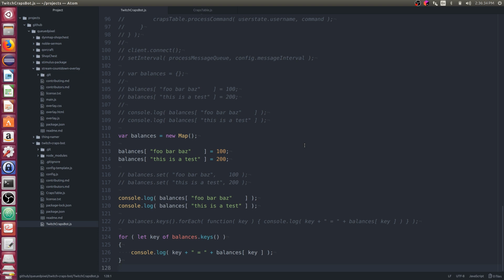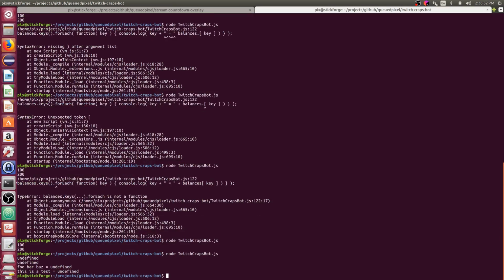Yeah, so this is one of the things I was afraid of, that this is actually not using the hash table functionality, but it is simply putting stuff into the object. So let's undo this, let's do that, and see what happens here. Yeah, so we have undefined, undefined.